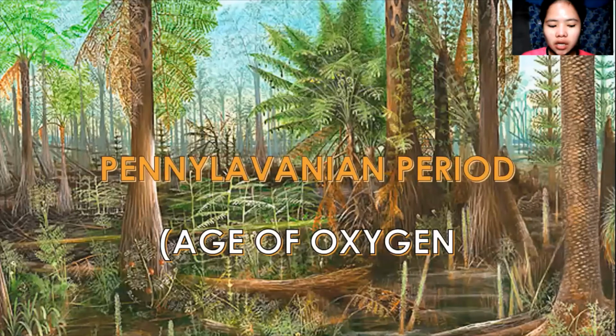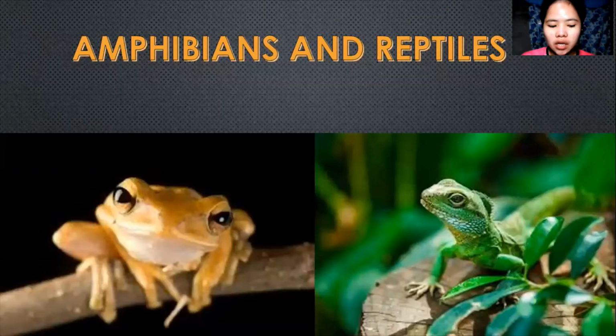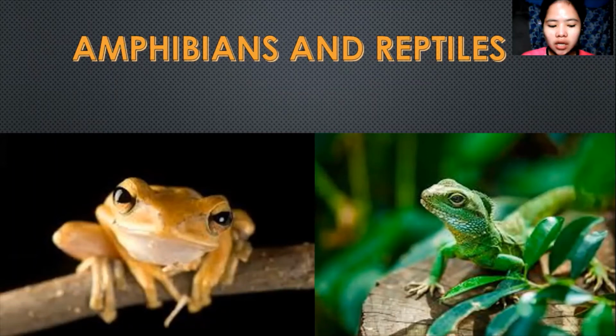So we have also new plants developing and also large trees covered with bark. So ang daming kumbaga nag-occur na nabuo during the Carboniferous period. Aside from trees, there was also the growth of ferns in the middle of the swamps. And also some plants gave off oxygen. So this is the time where organisms could survive. And aside from plants and large trees, we have also amphibians and reptiles. Like we have the tetrapods. So tetrapods evolved and moved out to the land.